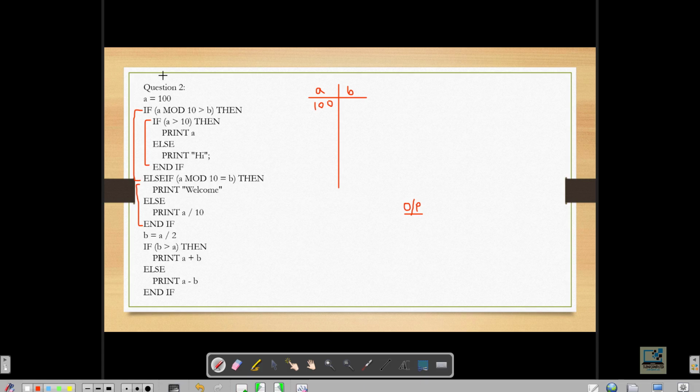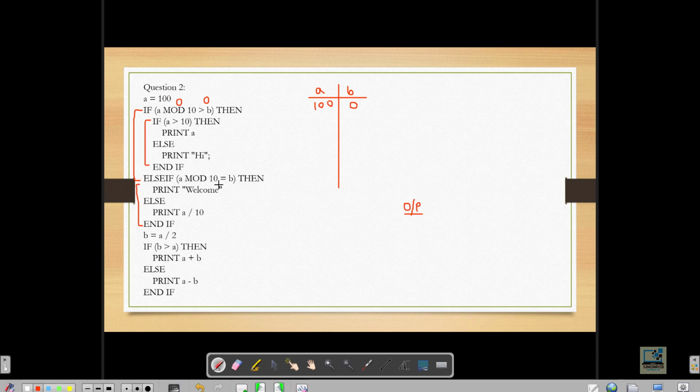So A is 100, check the first condition, if A mod 10, so 100 mod 10 is actually 0, greater than B. B is not given, so we will take the value as 0. When the value of any variable is not given, it is considered to be 0, right? So 100 mod 10 is 0, greater than 0, the condition is false, so it will directly jump to the else if, where we will check the second condition, that is A mod 10.